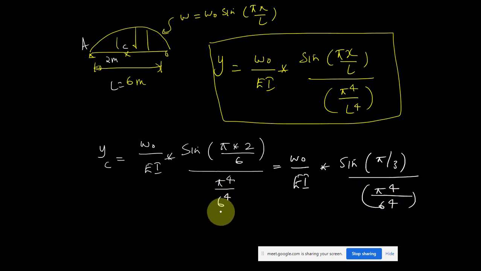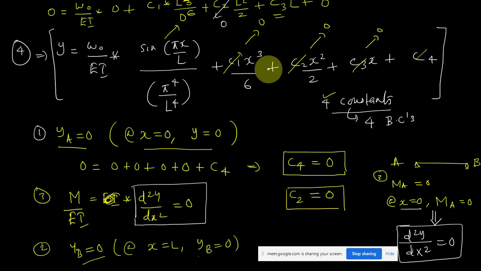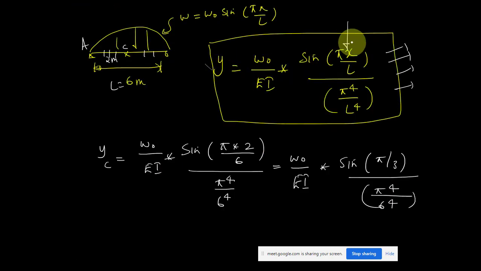Once you have the equation for the deflection y, your problem is solved. If you substitute any value for x, you will be able to find the deflection at that point by using this equation. So you can use that equation once you get it. Once you solve the constants of integration, that means you have the equation for the deflection.